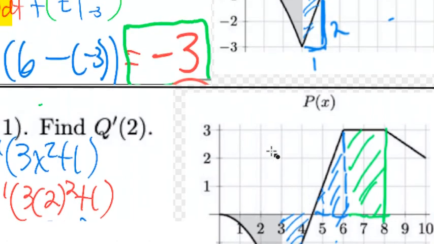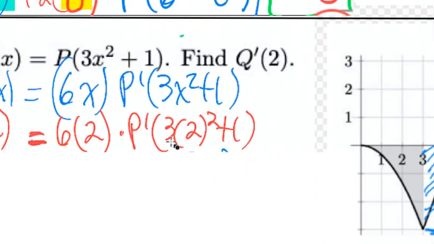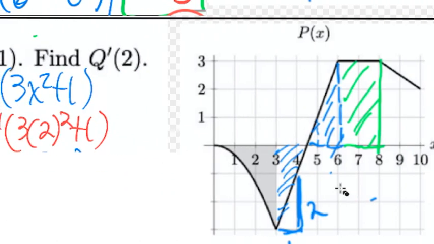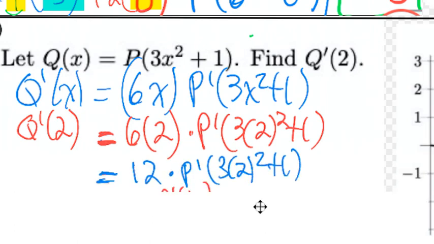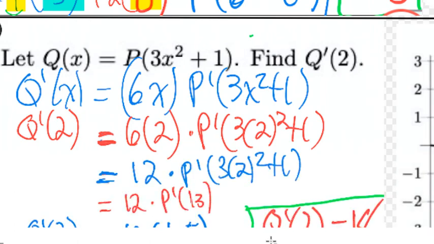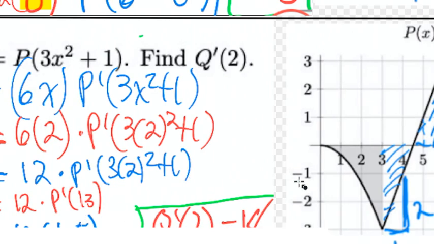So I would have to use my table for p prime at 13. It's not on the graph. The graph only goes to 10. The table has 11, 12, and 13. So what I need to do now is look at your table. All I did in this case was simplify the 6 times 2 to 12 and repeat this line. Maybe not the most efficient way to do it, but it works out to being p prime at 13. So what is p prime at 13? If you look on the table,